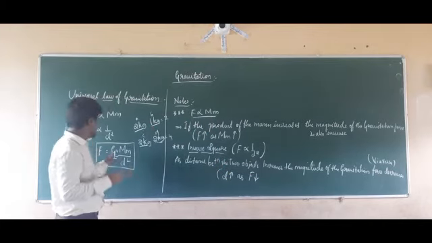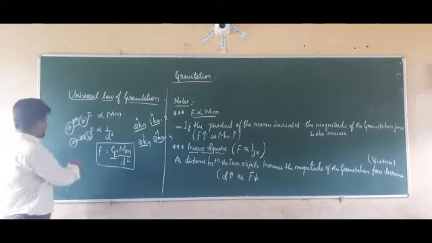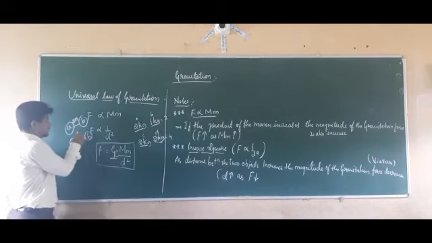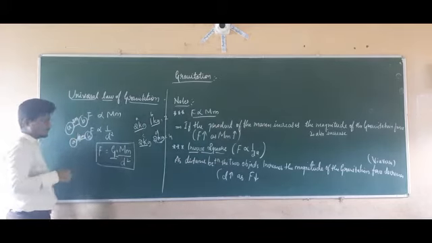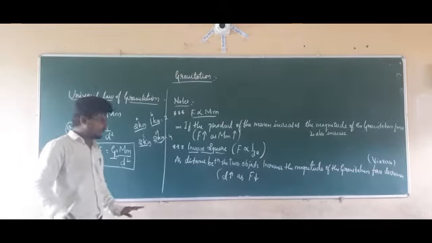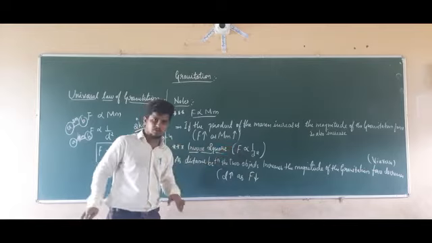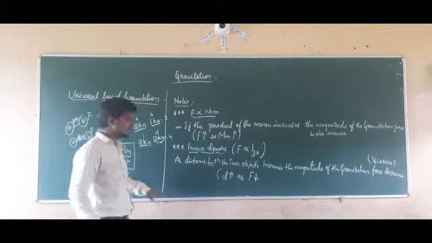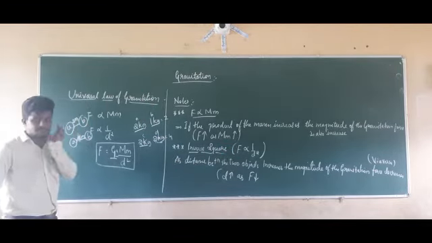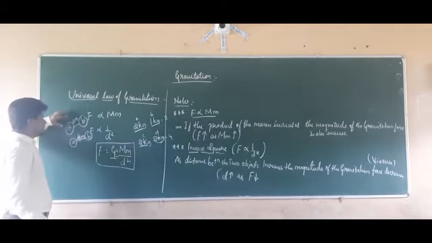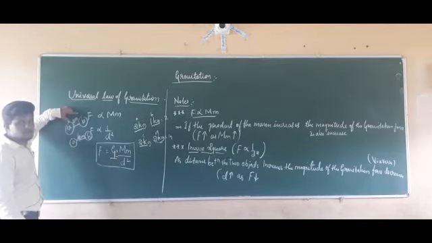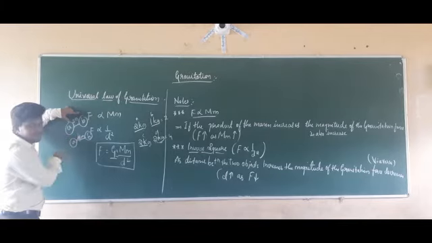So let us take this example again. Don't take it as 3 meters, take it as 2 meters, 4 meters. So I am going to state this statement. Whatever we are given here, F is directly proportional to, or inversely proportional to, d square. But taking this example, I am going to explain that thing. So initially the distance between A and B is equal to how much? It is equal to 2 meters, right?